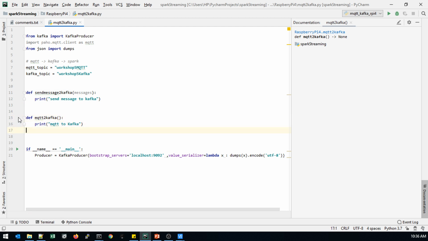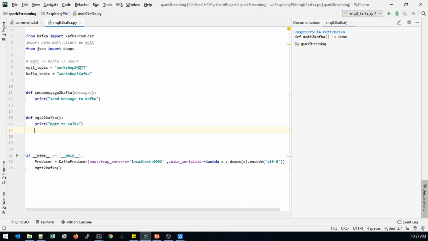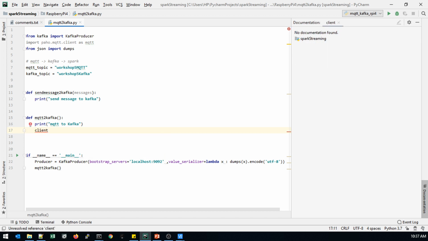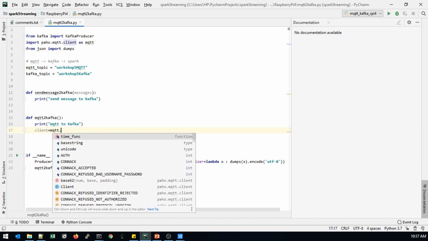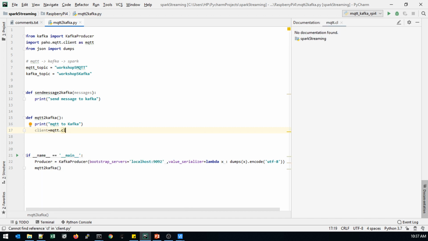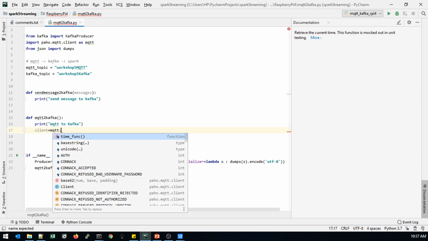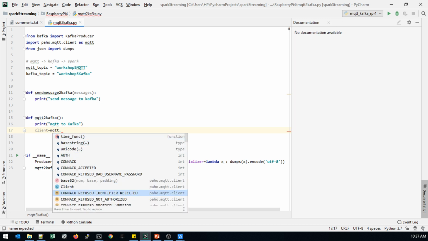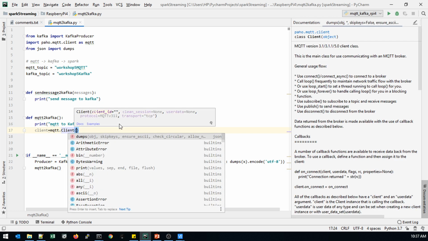So this all is user defined only, so no issues with that. Now, MQTT will be transferring the data successfully, and here in MQTT we have to create the client: mqtt.Client. Client is a capital C, and we can provide